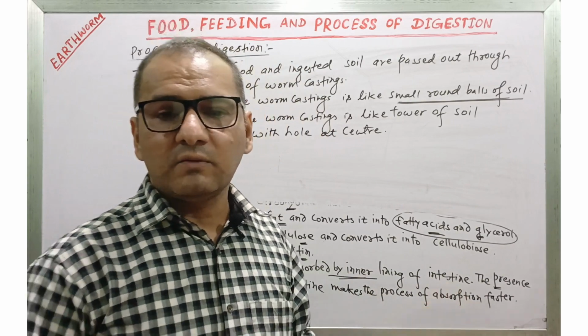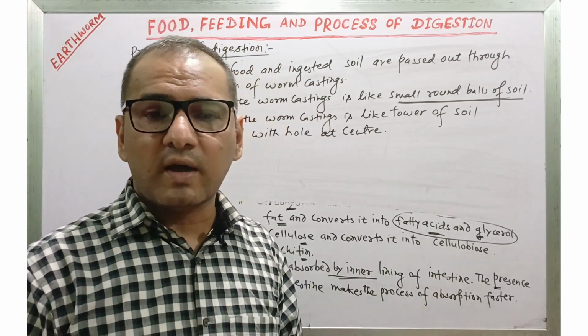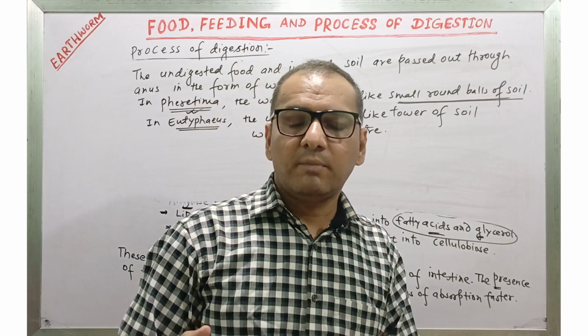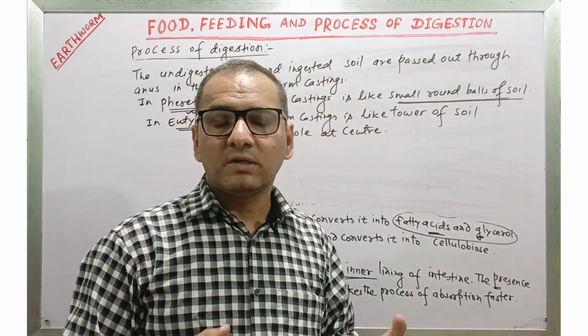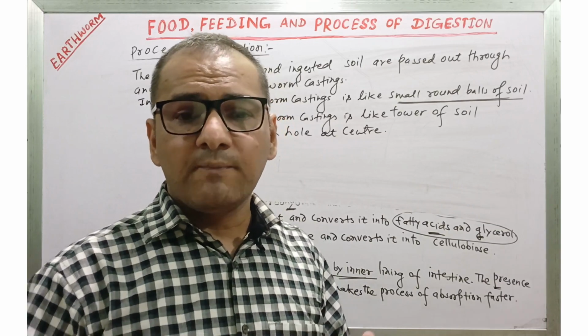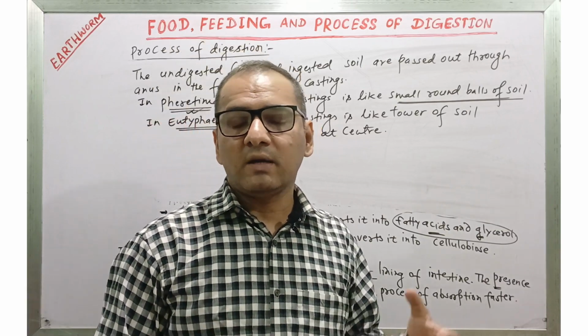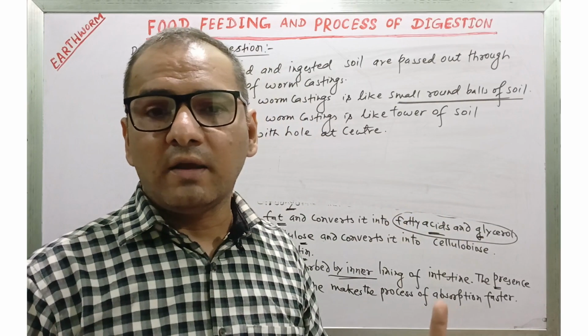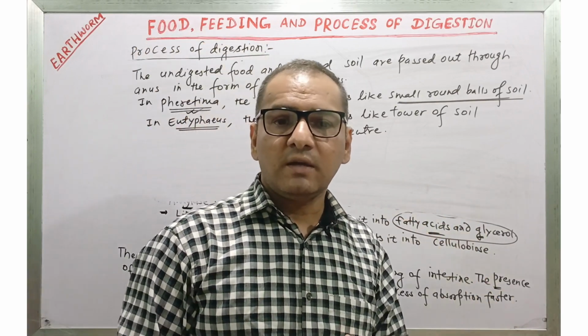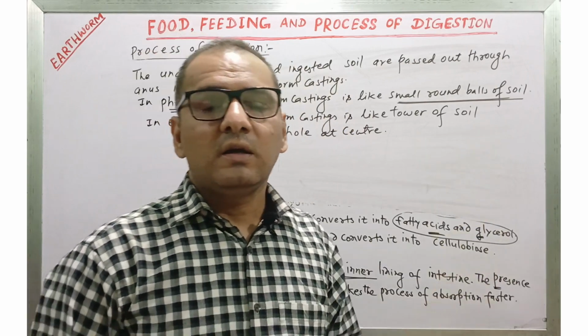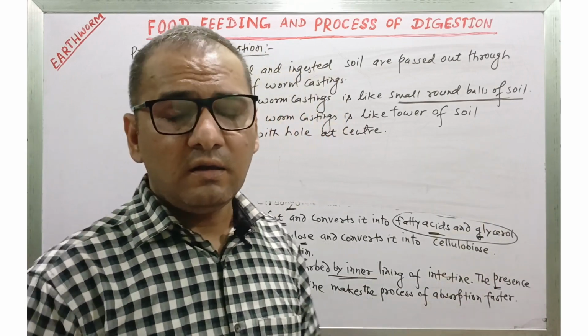Now, from the pharynx, the food passes into the gizzard through the esophagus, and the food moves by peristalsis. In the gizzard, the food is pulverized, and from the gizzard, the food passes into the stomach, where it is neutralized by the secretion of the calciferous gland, and from the stomach the food passes into the intestine, where it gets mixed with the secretion of the intestinal gland,